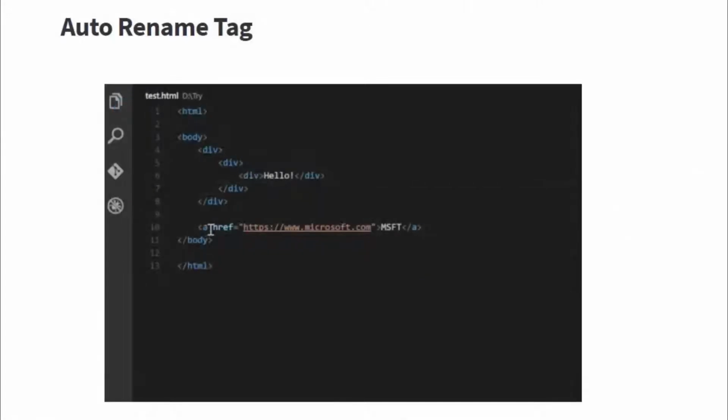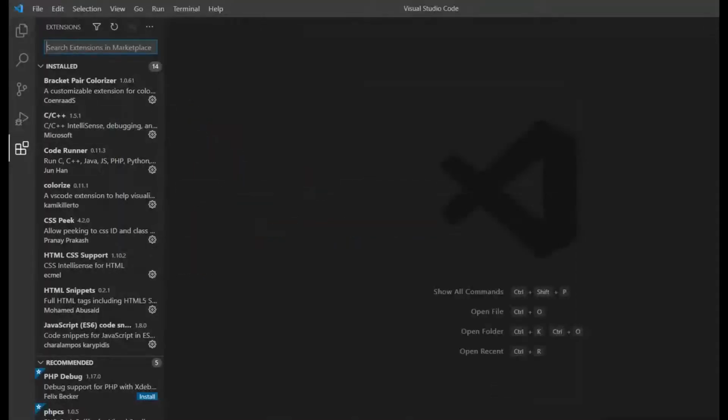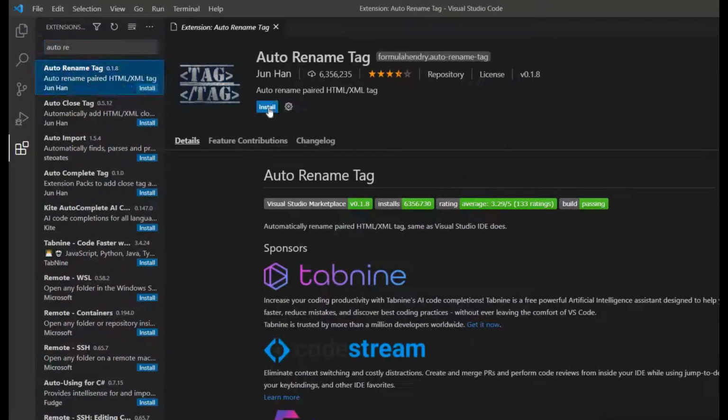So move to the next extension. The next extension is Auto Rename Tag. While VS Code inherently highlights matching tags and immediately adds closing tags whenever we type an opening tag, the Auto Rename Tag extension automatically renames tags that we change. This extension works for HTML, XML, PHP and JavaScript also and removes the need to change our tag names twice. Let's see how to install Auto Rename Tag in our VS Code. Go to extension and here click Auto Rename Tag. Click here to install and it will be installed in our system.